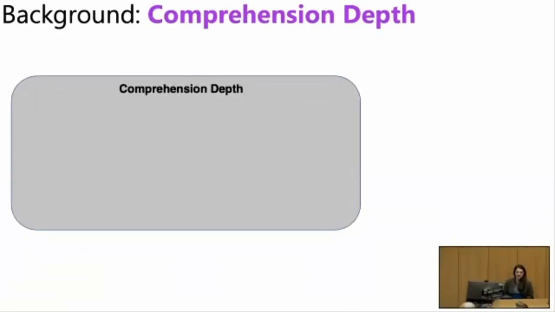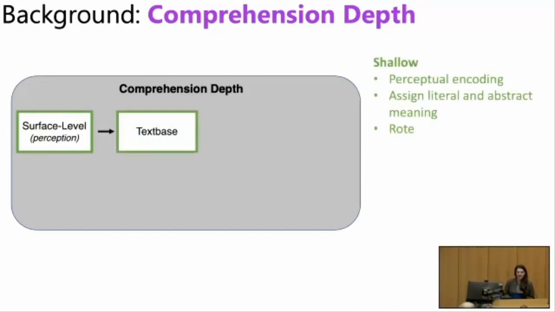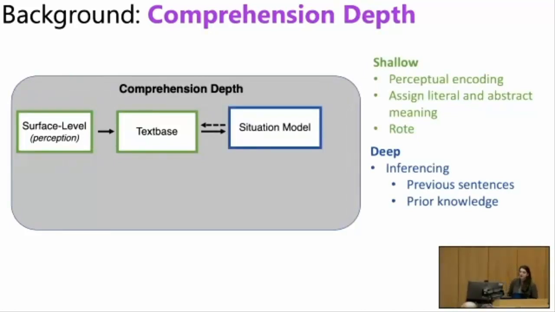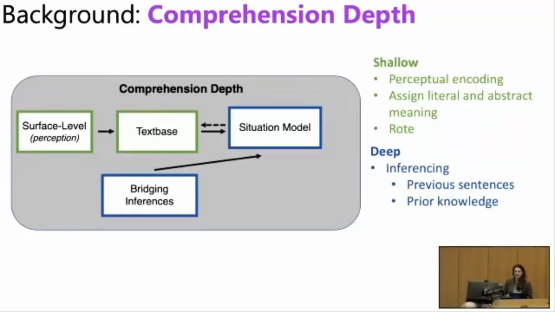But reading comprehension itself involves several interacting levels of processing. On this shallow level, you're looking at a word, encoding it, identifying it, accessing that word level meaning, and you're using that to construct sentence level meaning. Beyond that surface level meaning, deeper processing is building a situational model of what you read. And this is done through bridging inferences that connect ideas. And while we're connecting ideas across sentences, we're also connecting ideas across the text as a whole through elaboration.